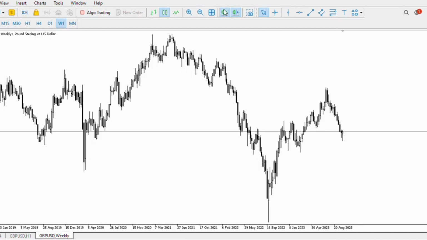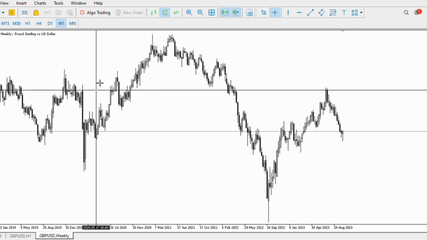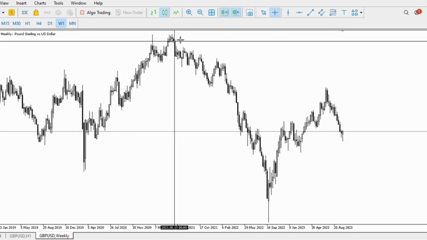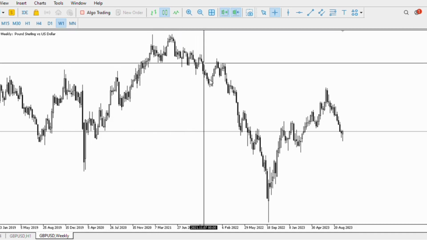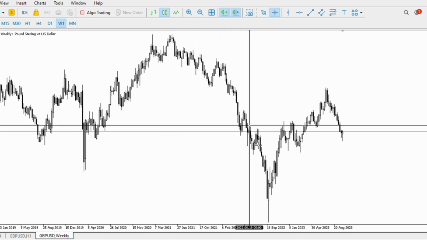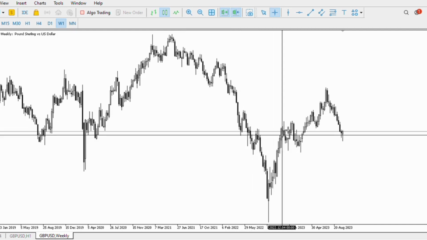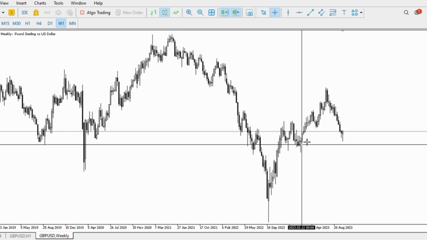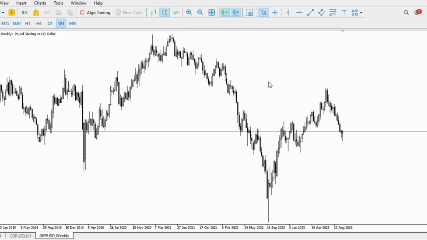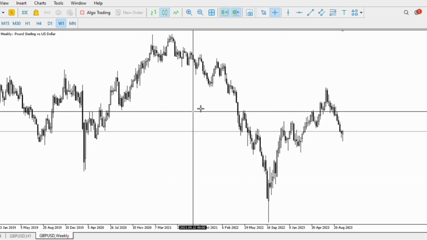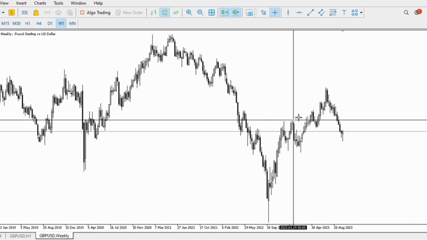So today's video, I'm going to be analyzing the GBPUSD, and I'm starting right from the weekly time frame. And as you can see, for GBPUSD weekly time frame, we are having a bearish market. So if price is overall bearish, it simply means that all we have to do right now is to be looking for sell setups, since it is a bearish market. So with that being said, I will be analyzing GBPUSD and also giving you trade ideas on how to